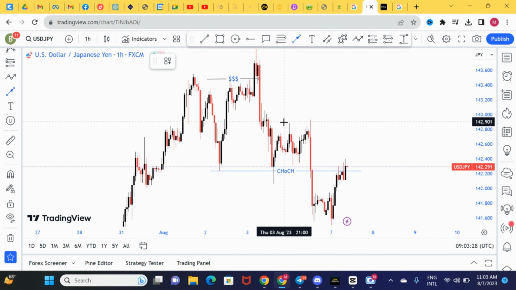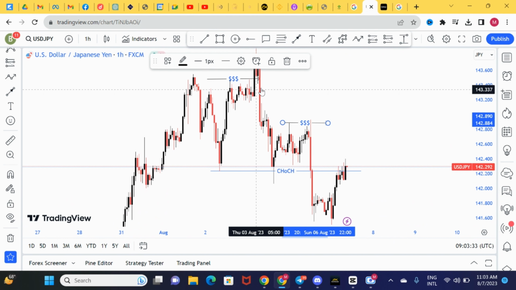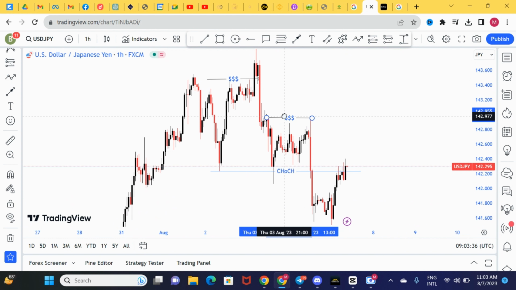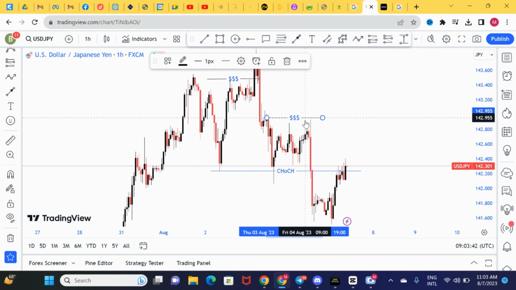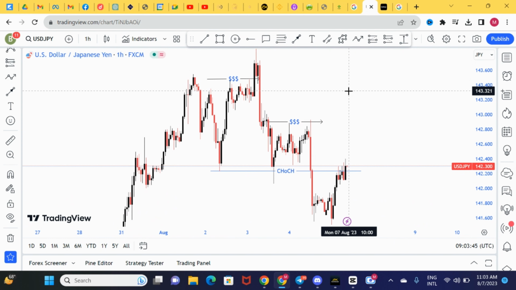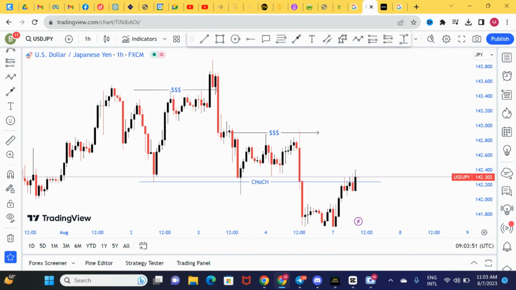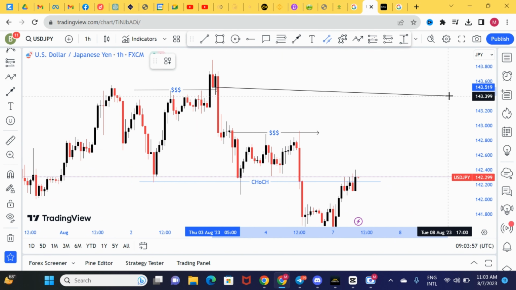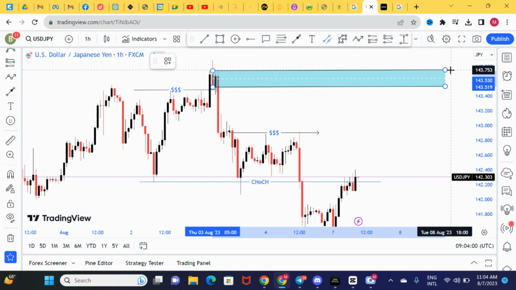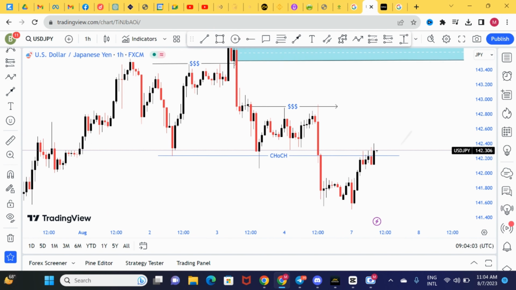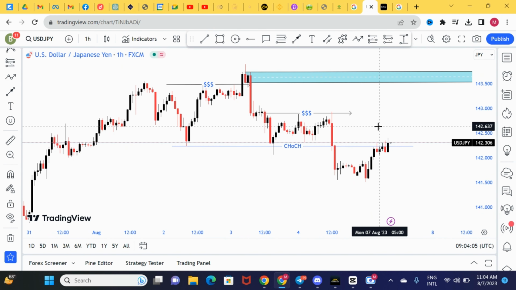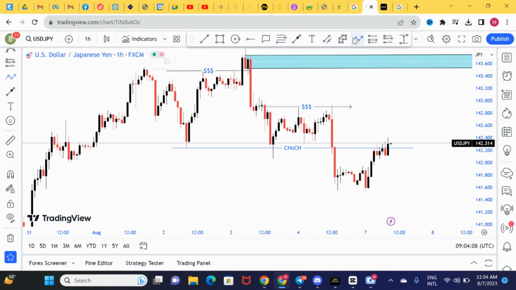Now, what other thing do we see? We see a level of liquidity right here. We see an area of liquidity right there, right? We can utilize it. Okay, we can still use this one. So what we're looking at, according to the rules on how we trade, ladies and gentlemen, we'll be looking at price coming back in the area that we may have, which is this one, right? I'll be looking to come and take a sell trade in this area, which is our IFC. All right. If it comes back in that area, that is our area of supply.